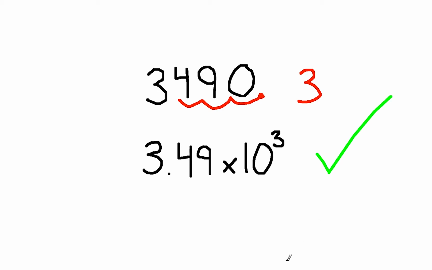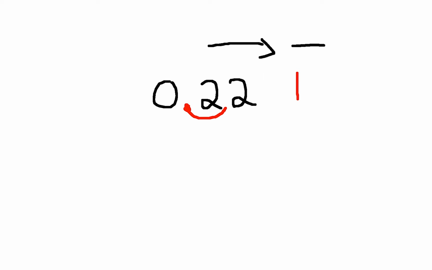Next example. Now let's express a small number in scientific notation. In this case, we're going to want to shift the decimal point to the right in order to get a number on the left. For this number, we'll only have to shift it once to the right. Whenever we shift the decimal place to the right, our b value becomes negative. So our final answer will be 2.2 times 10 to the negative 1, because we shifted our decimal place once